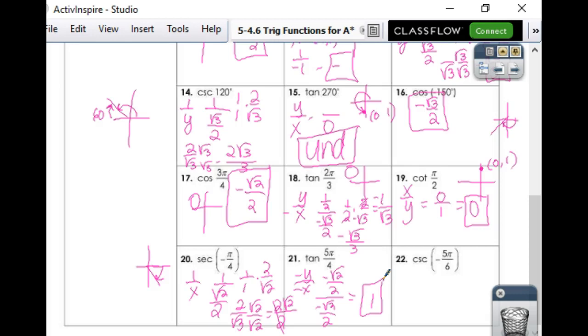Cosecant of negative 5 pi over 6. So first of all, if this was positive, which quadrant would that be in? 2, right? But if I go negative, which quadrant does that put me in? The third. So what's true in the third? Both negative. Cosecant is equal to 1 over sine, which is the y. So I know the y has to be negative. So I'm going to have 1 over a negative. Pi over 6. Pi over 6 is here. The y is a half. So when I flip that, I get